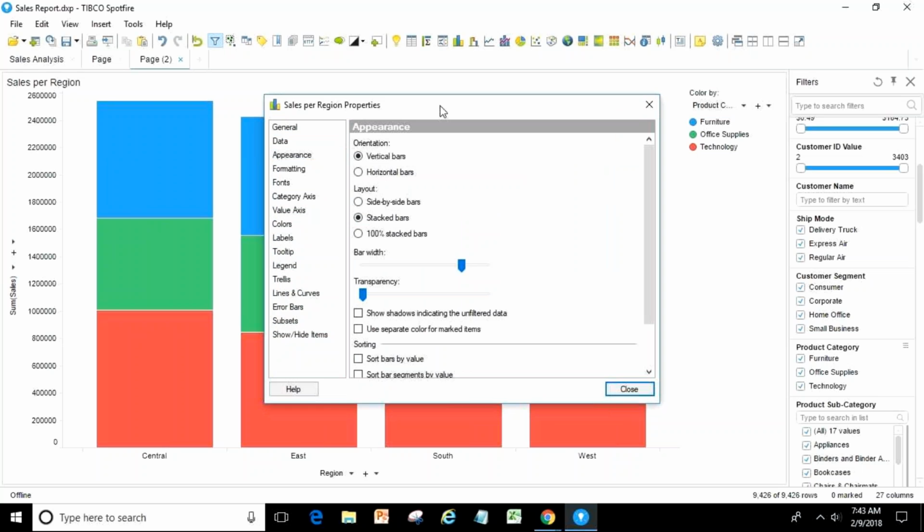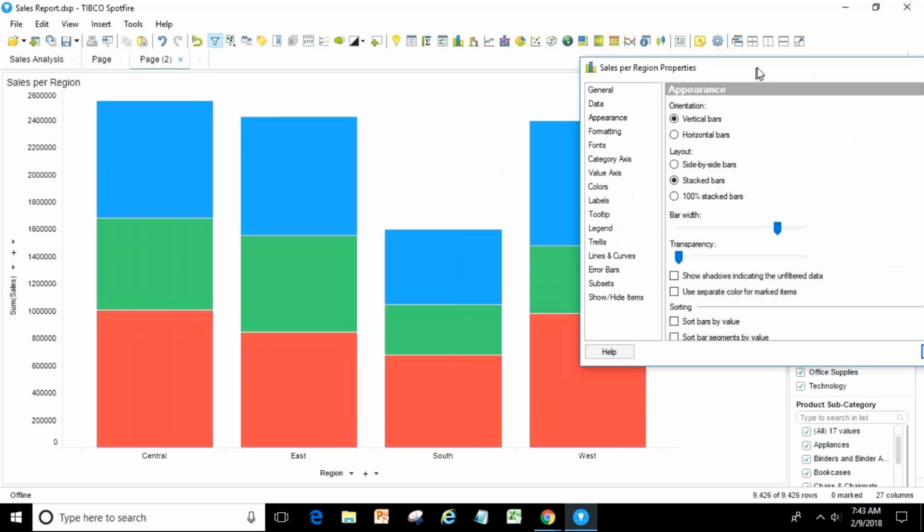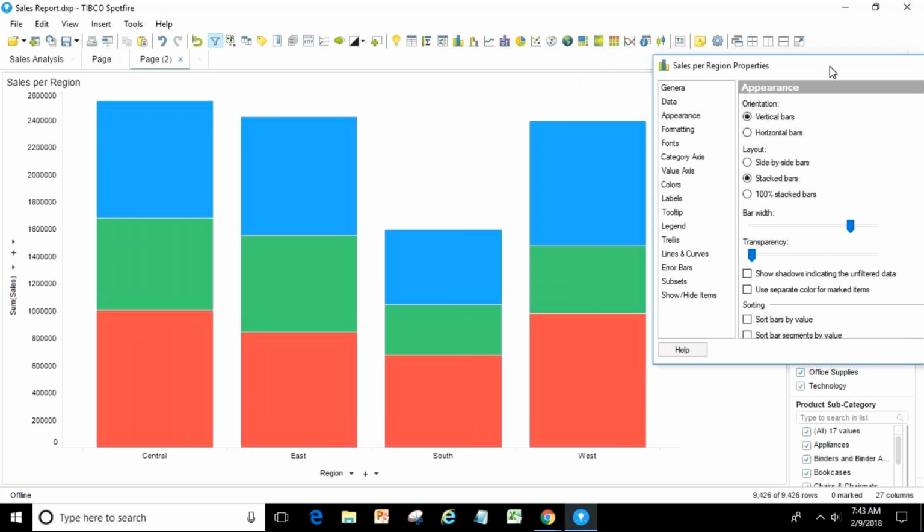Then we have stack bars. Stack bar means segments will not be side-by-side. It will be one on top of the other. The same single bar will be segmented into different parts. So this is your stack bar chart.